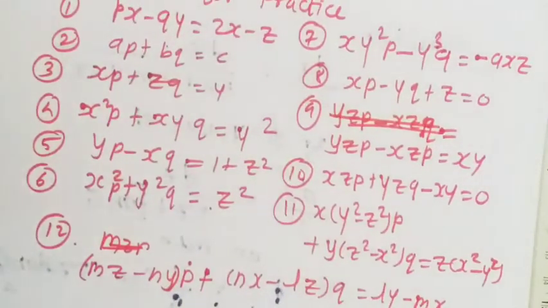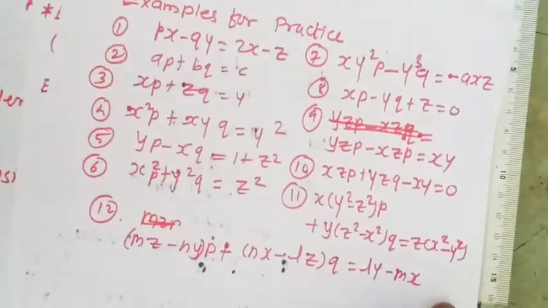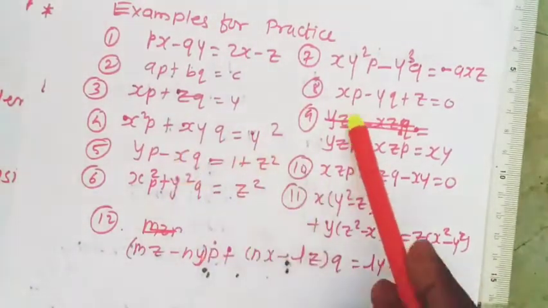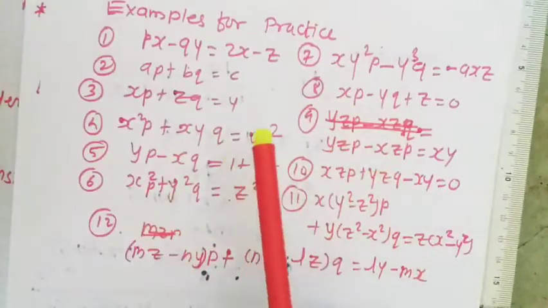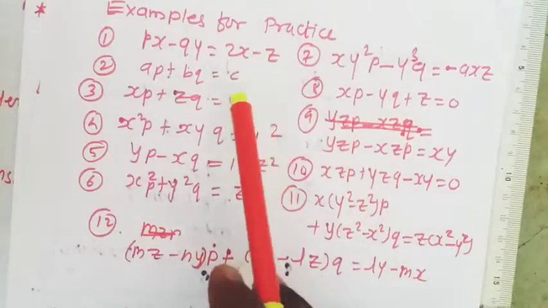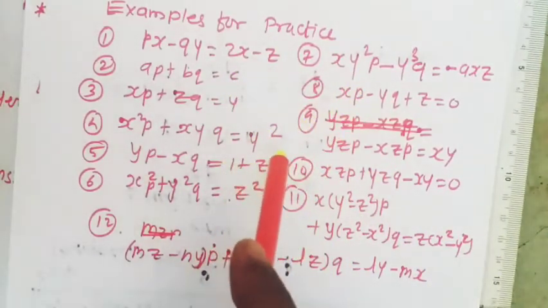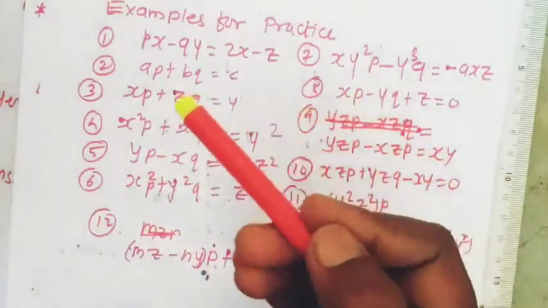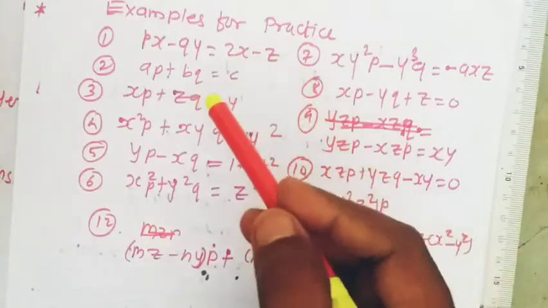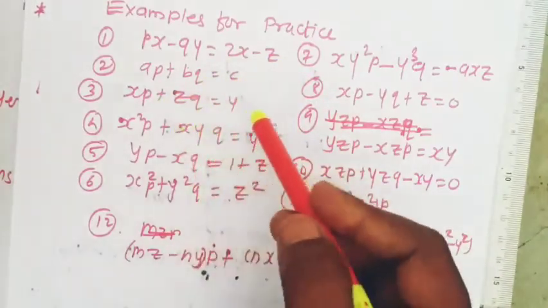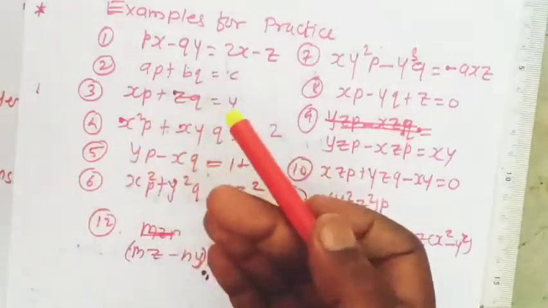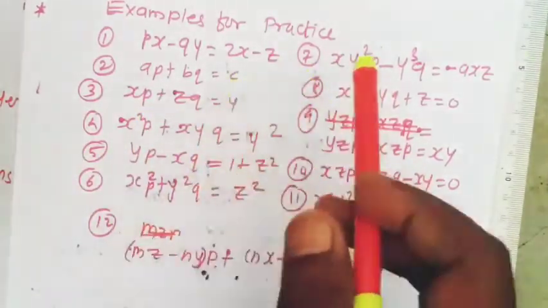If you practice, you will definitely become an expert in solving these types of problems. All these problems are a combination of all the methods. The method of grouping is also applicable for some problems. In the method of grouping we have also seen problems where new groups you need to form. One example we have seen is dx plus dy by dx plus dz by x plus z. That type of new group we form whenever the group is not available. Those types of problems are also available here.